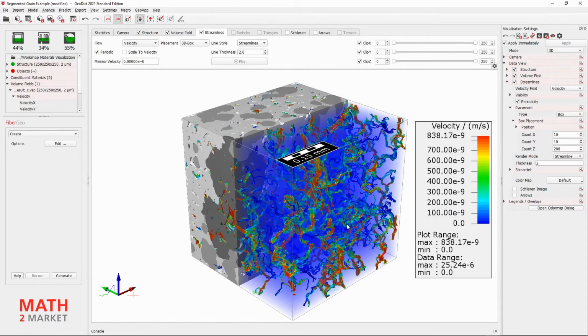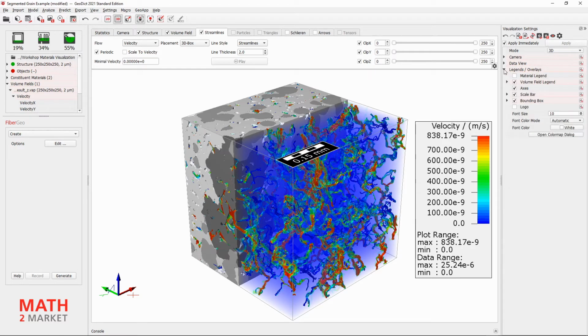The last adjustment we are going to make is the setup of the volume field legend here on the right side in the visualization area. We open the Legends Overlay tree in the visualization settings, open it before, if not already done, and activate the volume field legend. Before we did not pay attention to it and even hid it. But now we would like to give the viewer additional information about our flow simulation.